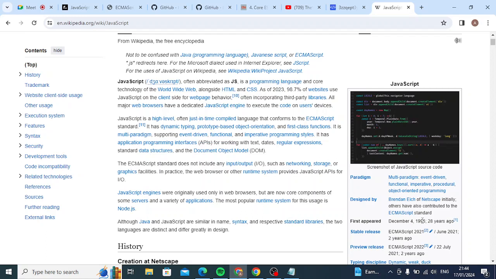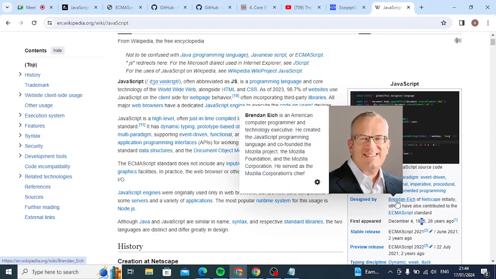Not that old compared to other languages. The first version came almost 30 years ago.